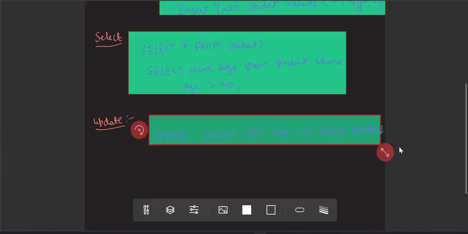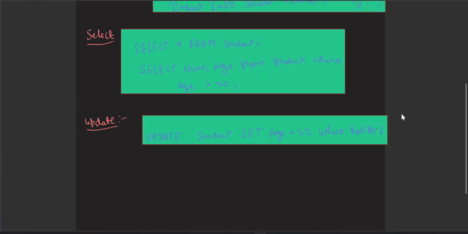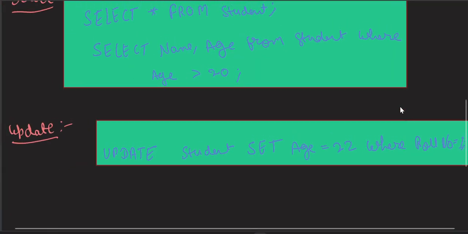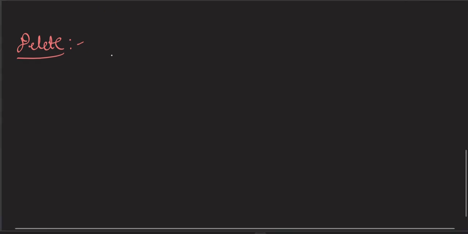This is used for the update command. So next is delete. Okay. So delete is basically used to remove records. You can write it like delete